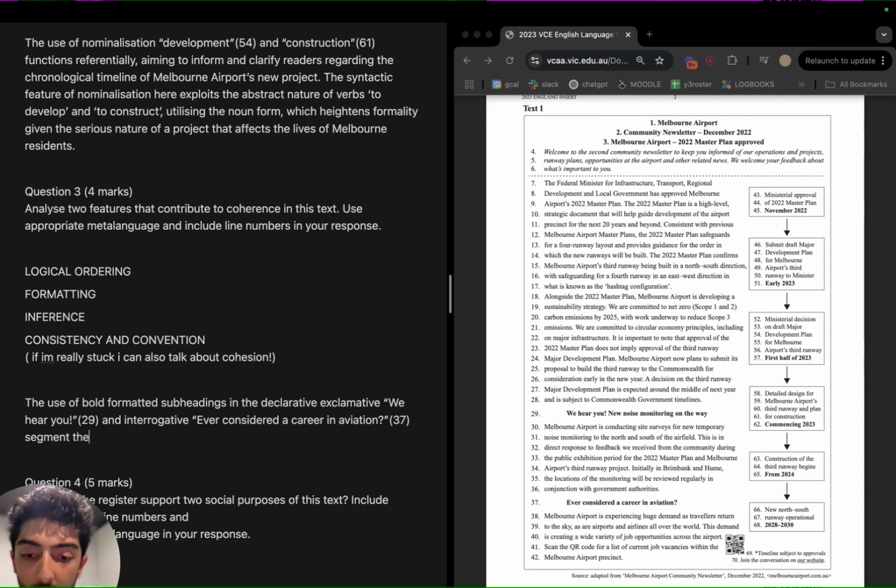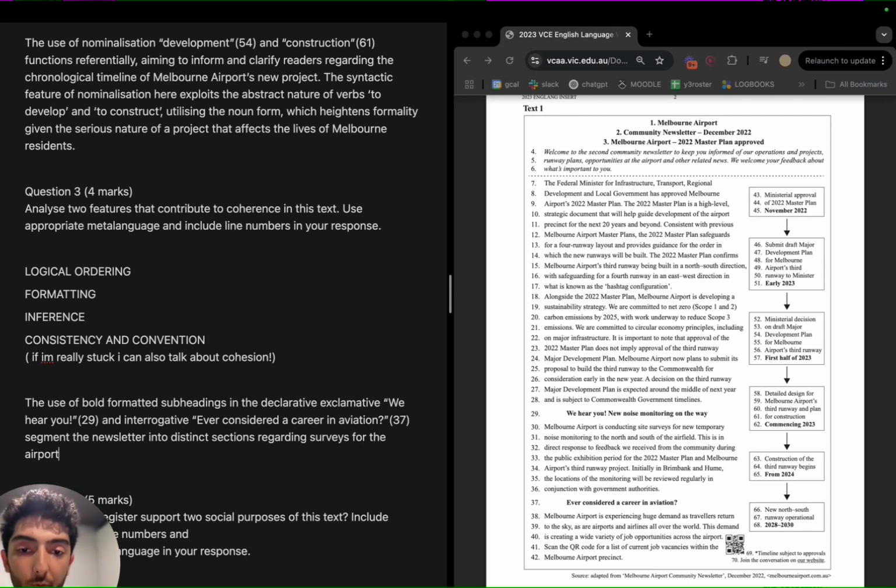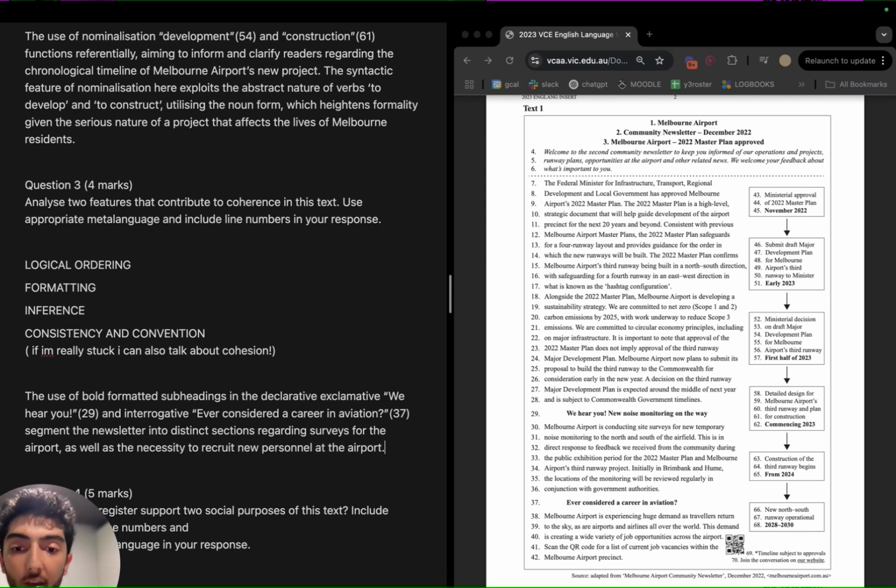Segment the text or the newsletter into distinct sections regarding surveys for the airport, as well as the necessity to recruit new personnel at the airport. Full stop.